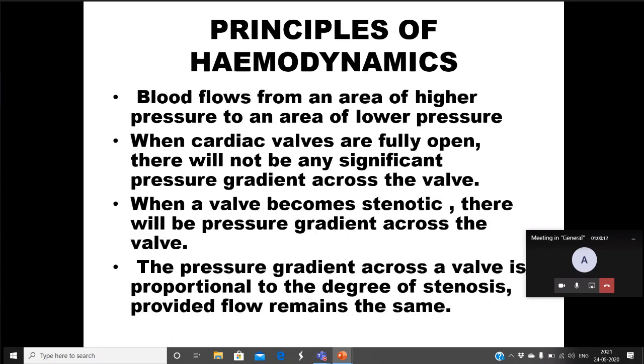I will just mention a few principles of hemodynamics, then I will give you the data to analyze. The blood always flows from an area of higher pressure to an area of lower pressure. That is something you should always understand. If the blood is to flow from left atrium to the left ventricle, the pressure in the left atrium should be higher than that of the left ventricle when the mitral valve is open, that is during diastole. Suppose I am saying an example. The patient is having a left ventricular diastolic pressure of 10, and then the left atrial pressure should be at least 10 or preferably 11 for the blood to flow from the left atrium to the left ventricle.